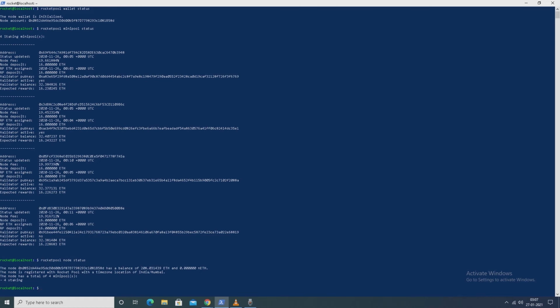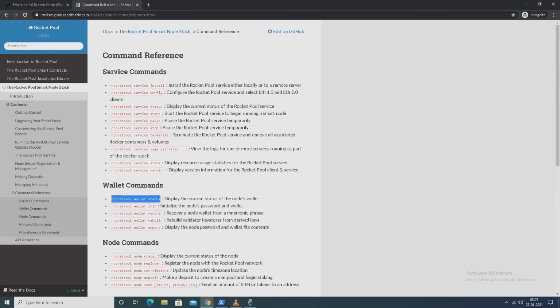And one more thing, just note here this ETH balance. You just watch here, the ETH balance is still showing 0, and the two validators have been exited only, not withdrawn.